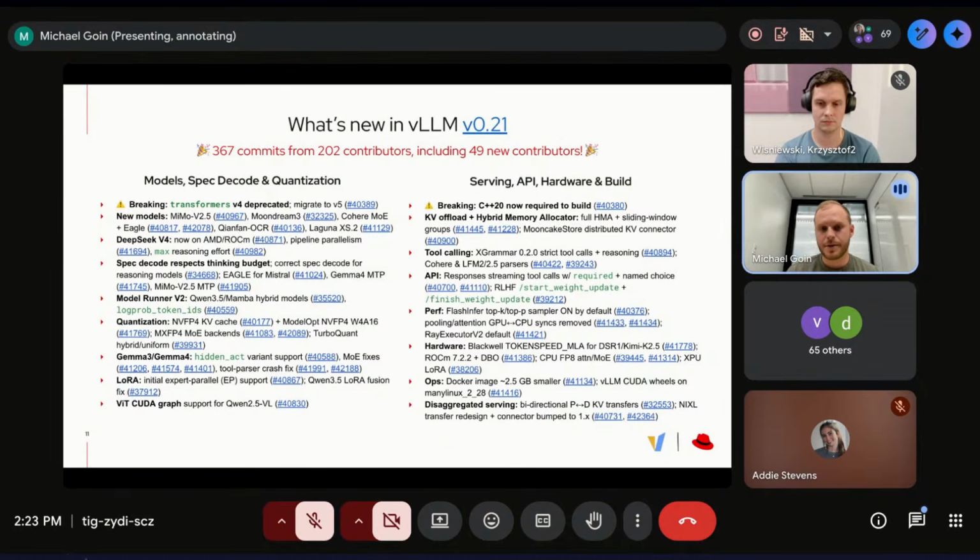vLLM was a part of the XGrammar 0.2 release, and there was a cool blog there on a lot of the new features in terms of enforcing structured outputs while the model is generating tool calls or reasoning. We expect this to be a really important feature to improve the success rate of models making tool calls in the future. The Kimi team, the Moonshot AI team, had posted this Kimi vendor verifier benchmark several months ago.